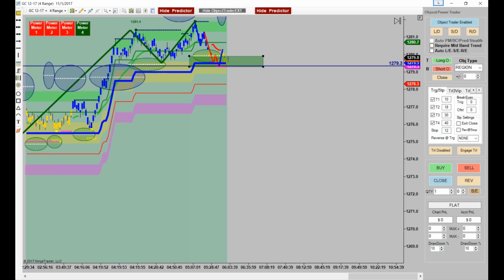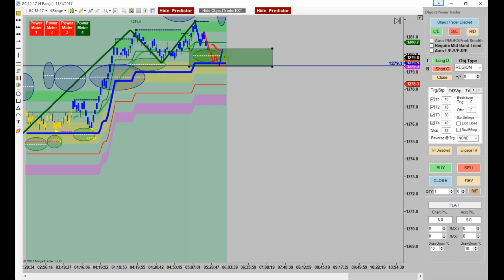So what I'm going to do, I'm going to raise this up a little bit like this, because if I'm going to go long, I don't want to get bipped into it. And if I'm going to go short, I want to get in this way. Okay, so then you just simply turn on long enabled. If it's set on close, that means that if a bar closes above that, it will go long with X number of contracts. If it goes below the box with a close, if this is turned on, it will do